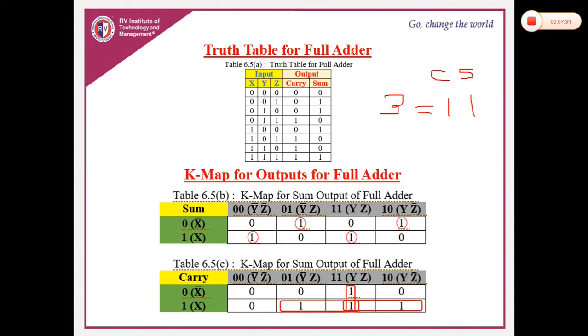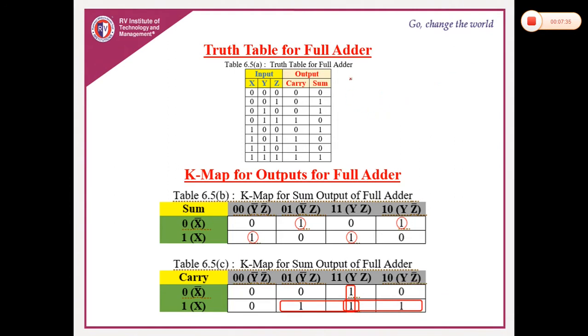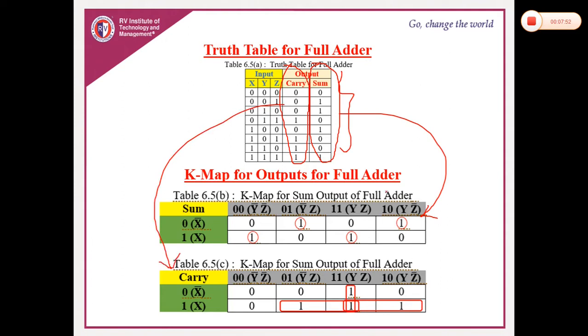Okay, so this is how we write the functionality table. Functionality table is nothing but the truth table. Once you are done, it is our duty to write the expression for sum and carry, because we require this for implementation. Okay, so what is the expression for sum? Use the K-map. What is the expression for carry? Use the K-map. So how to use this, we'll just see now.